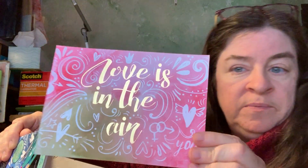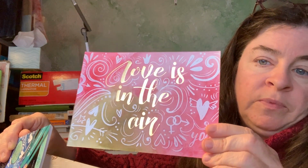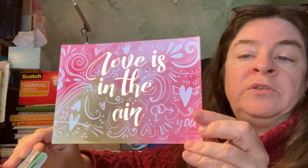And let's see, is that one that I did? That's one that I actually finished and did. So you can kind of see how the aqua markers work. And then this is what it actually looks like, what's in there. This would be really cute to put on the front of a greeting card. And that's what you do with all of these. And I actually have 2 different books of these. And then I also have,